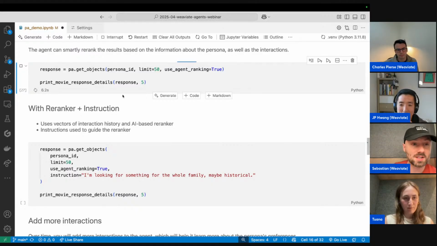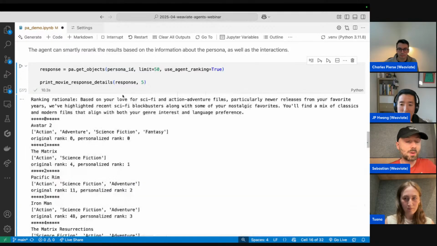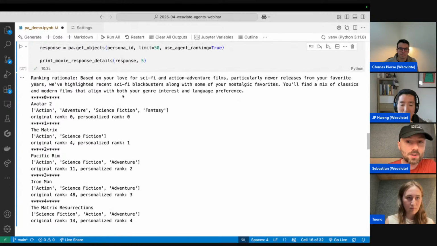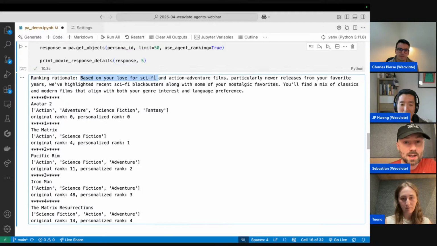Of course, this takes a little bit longer because LLMs need to do a bit more processing. But we can already see some re-ranked results. The re-ranked rationale is basically, based on some sci-fi and action adventure movies, here are some of the movies within the years that I might be interested in.